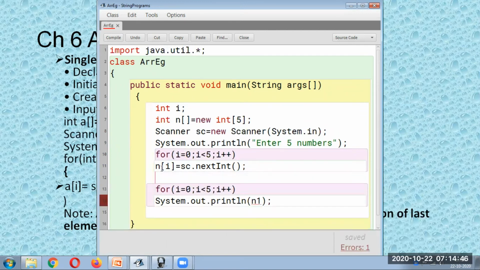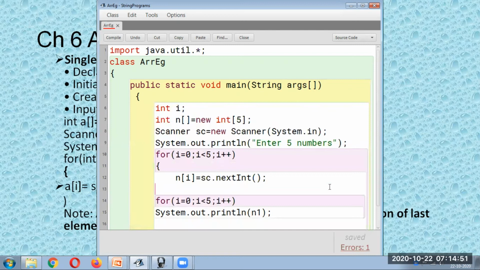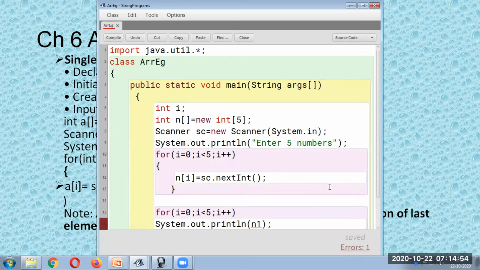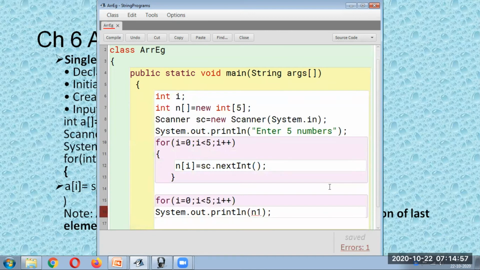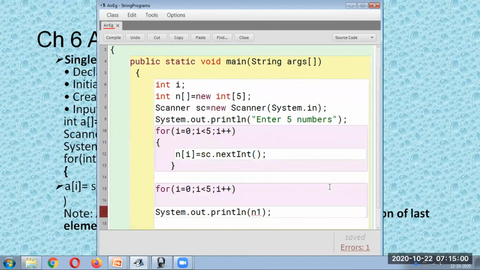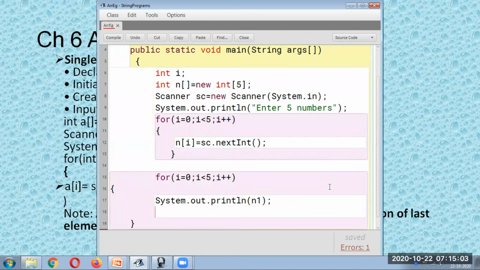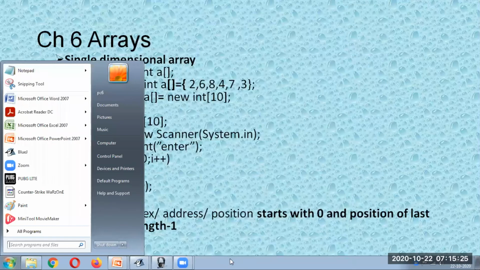See, there is only one line, so there is no need of bracket. I will put the bracket just to make it clear that it comes inside the for loop. And here also you have to write I. So this will make the code much easier to manage. This is the use of an array. So instead of writing 5 variables and writing so many times, we can just make the code concise. Now the same program will work for an array of 5 elements.